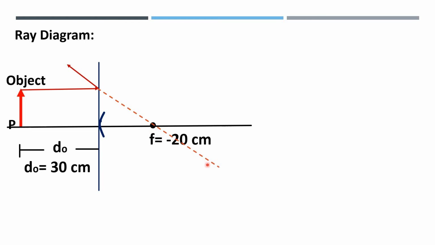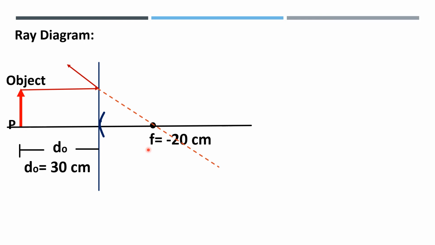This broken line is not actually a representation of the reflected ray, hence it is drawn using a broken line. It's not a solid arrow because it is not real. So, just like in the first example,